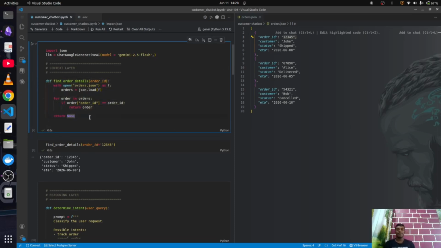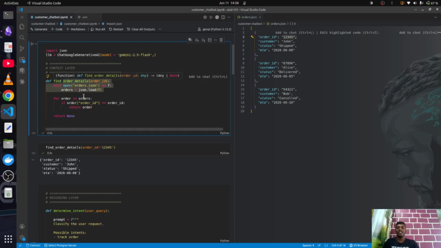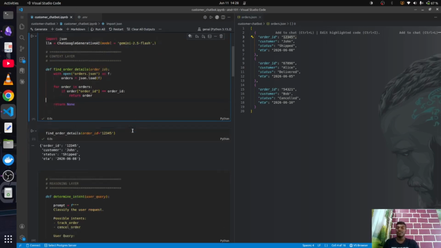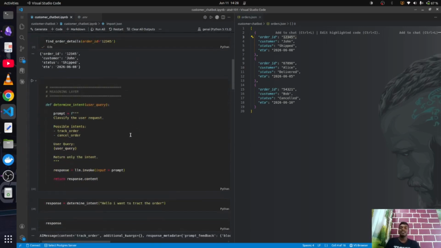The customer chatbot which we are going to have can be done in various different ways. For example, instead of this, you can have your own database, or you can also use session memories to hold the particular user's information, user name, and so on. We'll see these middlewares in the upcoming lectures, especially since some of the middlewares are so important. We'll see them in the upcoming agentic part. But yeah, this is the context layer which we are going to use. Then comes the reasoning layer.